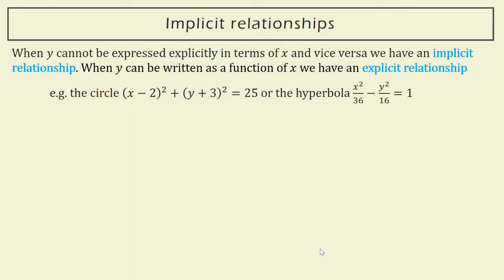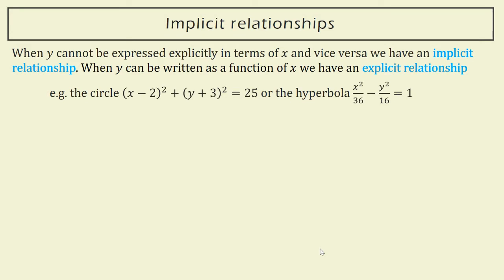So just first of all, to go through what we mean by implicit relationships. Whenever we can't just say y equals 2x, y equals 4x squared plus 3x minus 2, we can't write y explicitly in terms of x, or vice versa, we say we have an implicit relationship. When y can be written as a function of x, like the example I just mentioned, we have an explicit